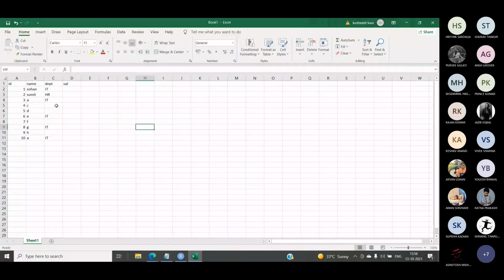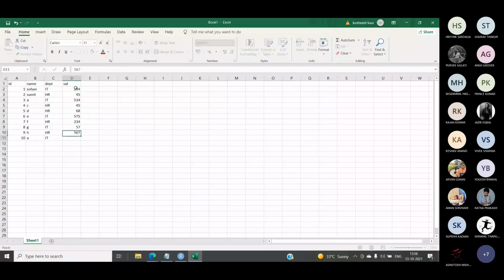Fine, for salary, let's take some random values. So let's save this file first.